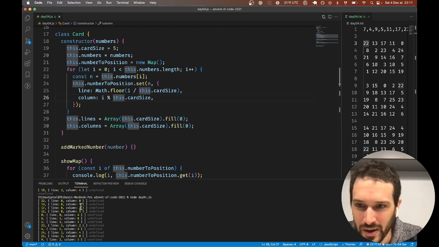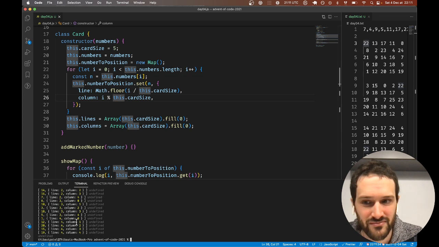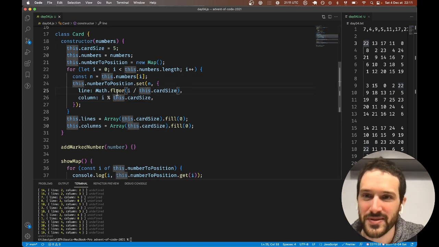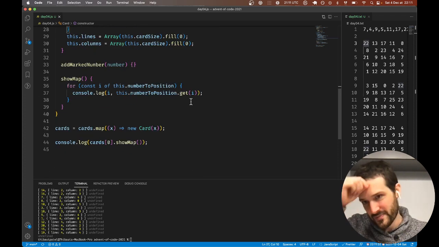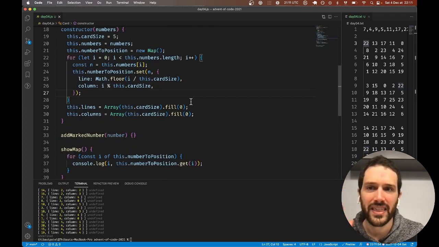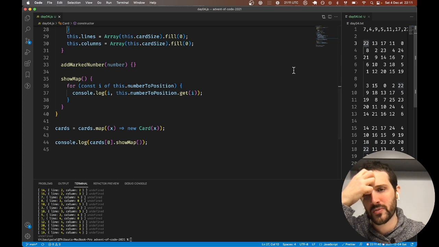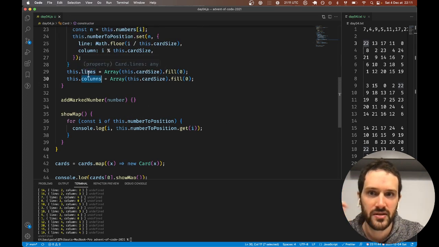22, okay, now we have something. Okay, we're good now. So yeah, this was the right formula. It was just using the wrong number in it. Okay, so now we have, I think, all the ingredients in place. We have a map that gives you the position from a number. We have something that counts how many of the